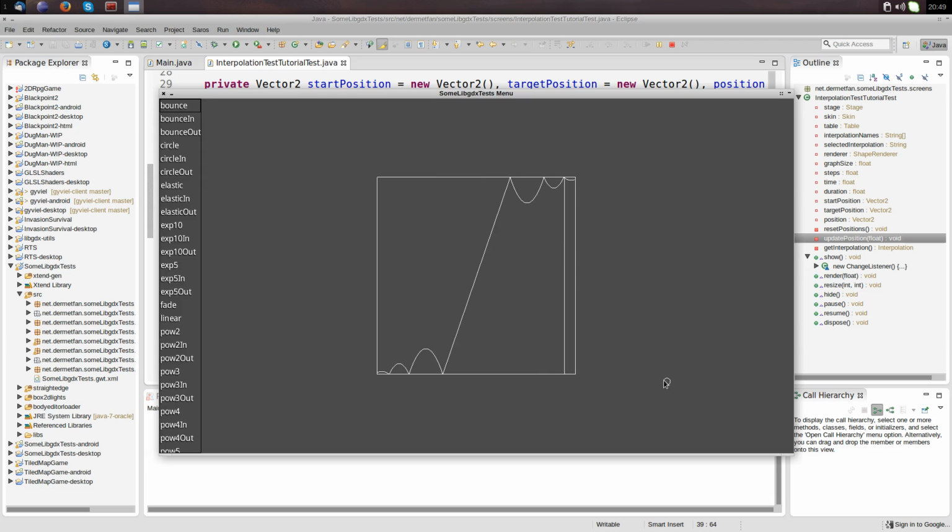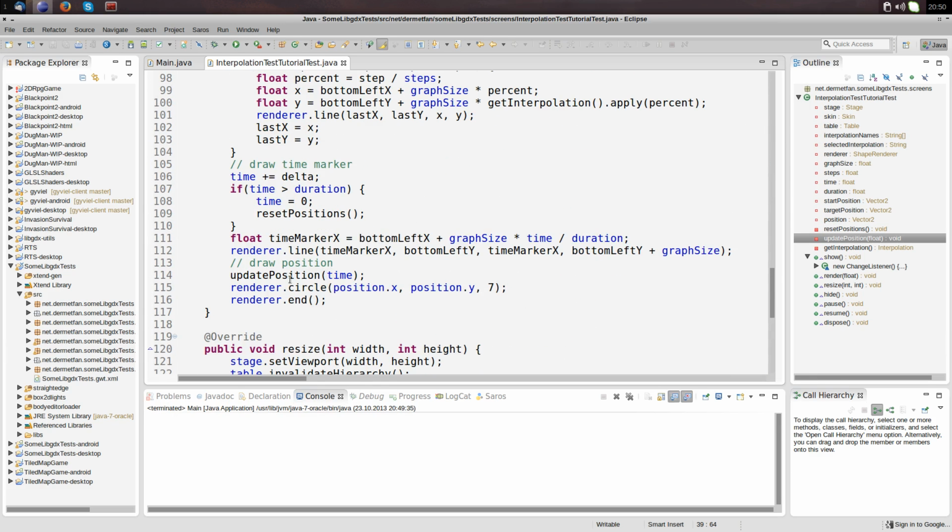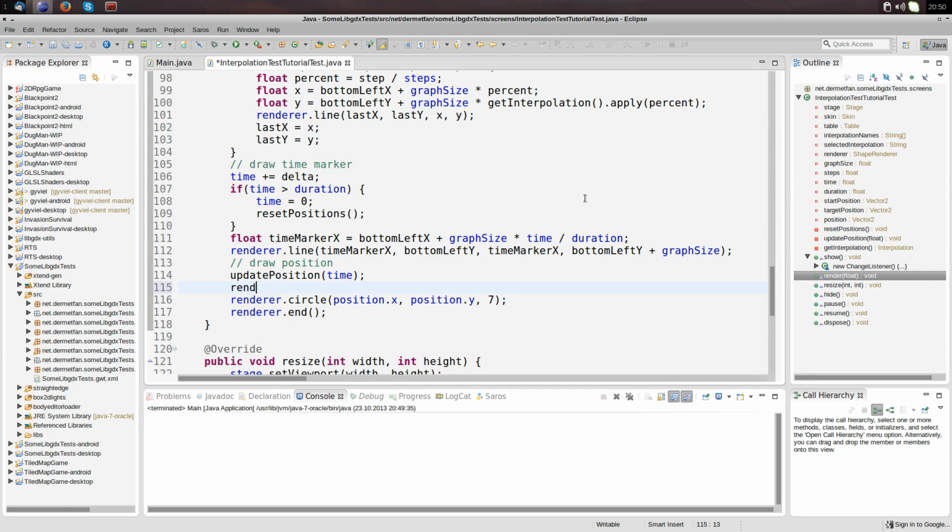And as you can see, it's totally working. It's bouncing all the way around. Let's say bounce out, and well, you can see it yourself. I guess this is working. Now, the other extra stuff was really just extras that you don't need. So they're just going to make it more complicated. Just one thing that we're going to do, we're going to say that we want to render the circle